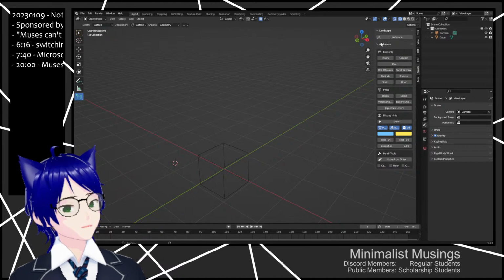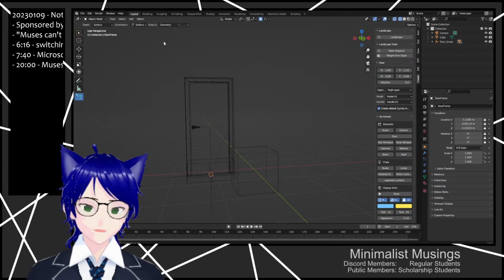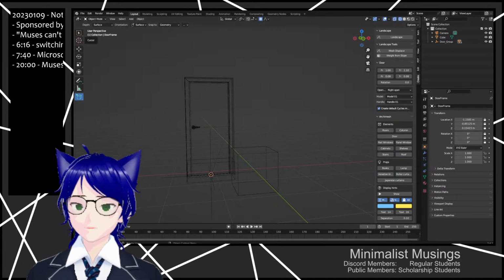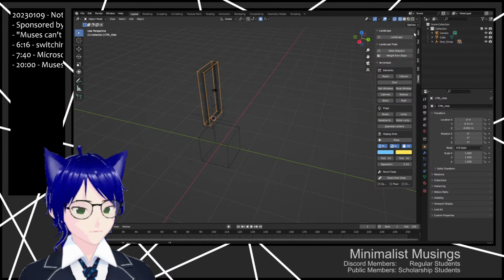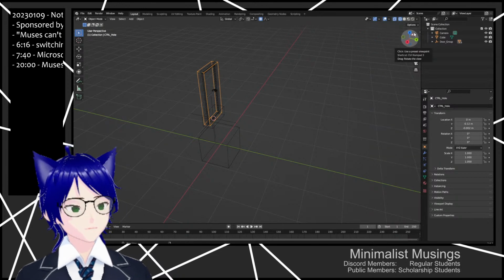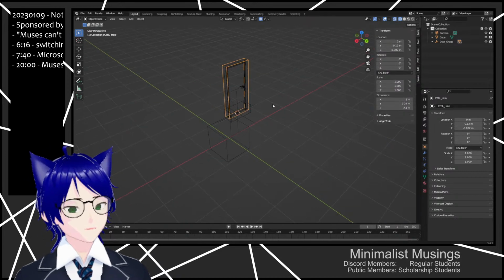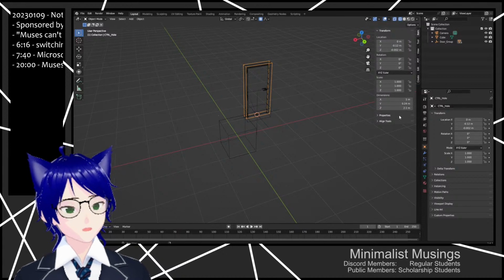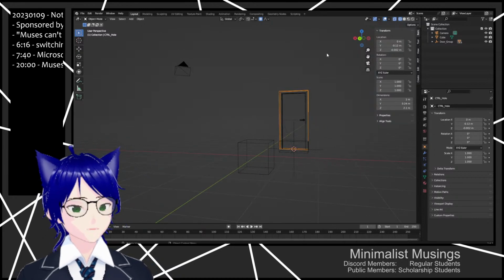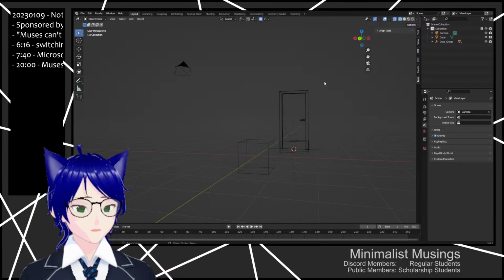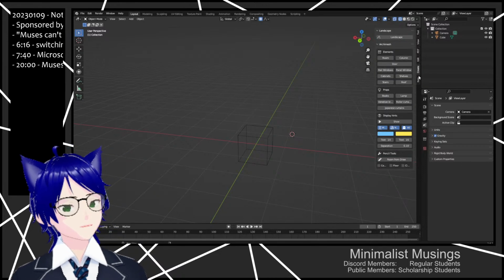Okay, so let's put in a door. See? Fantastic. It's a door. And this is... Oh, that's not what I want to do. And just so we understand, this is actually to scale, right? I need to hit the N button. Oh no, I need to go up to item. Right, so you see this is 2 meters tall, 1 meter wide, and 0.24 meters deep, right? And that's great. And that just means whenever we need a door, we can plop in a door. But of course, having said that, we are not actually doing this. So, let's